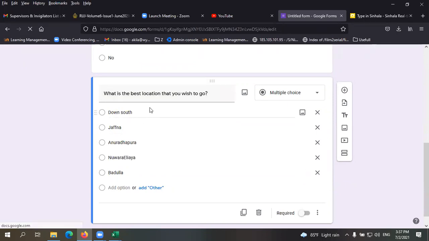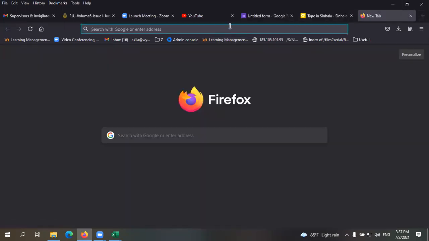Again, the important thing here is you can add an image as well, right? So let's search for an image.